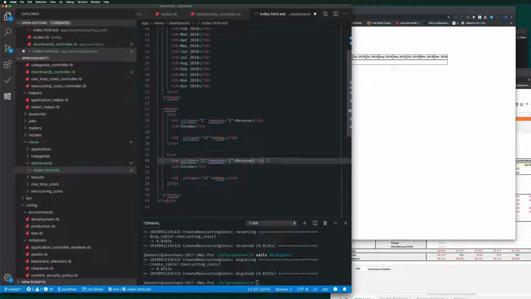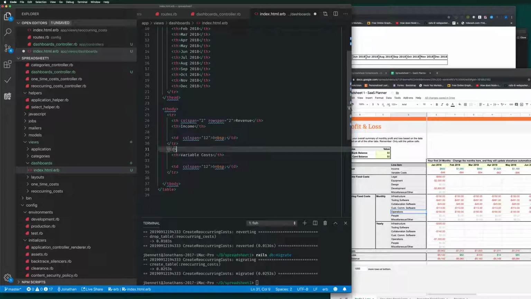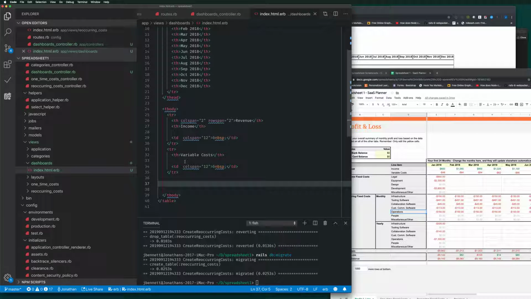All right, so we don't need the revenue. And we have our variable costs. Woohoo, that's all perfect. All right. Now we want to, so we want to, let's see,